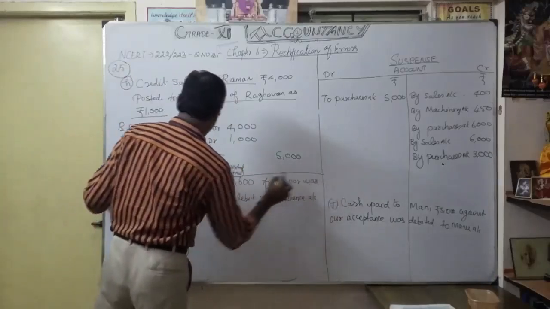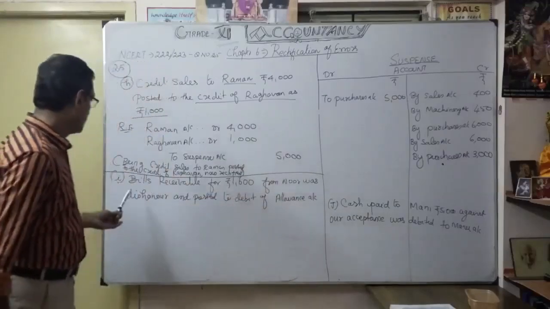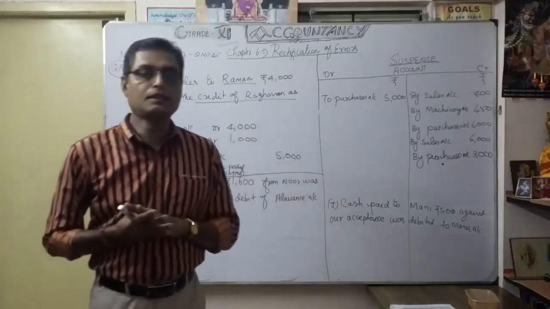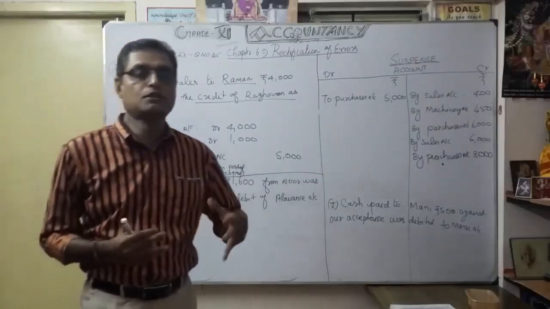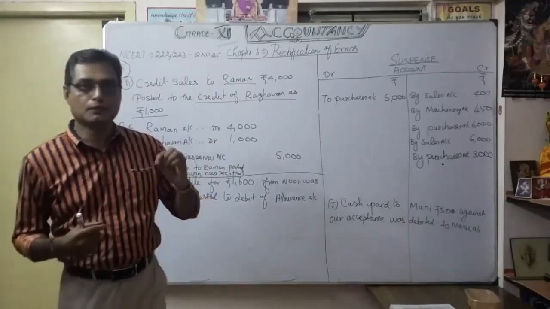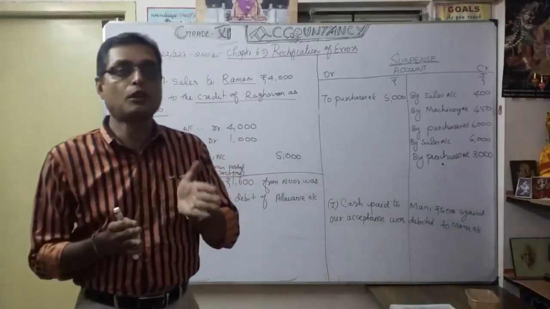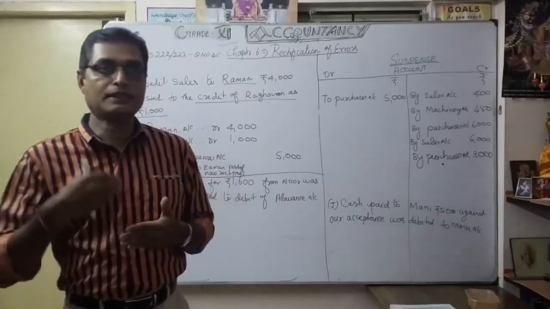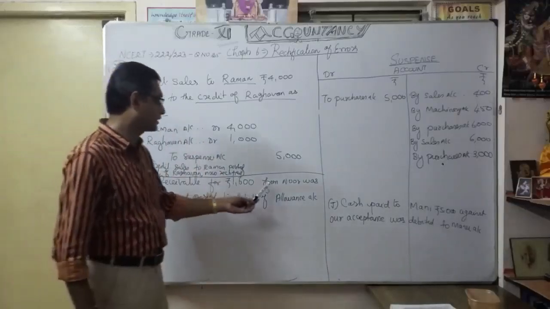What is that? Here, see, bills receivable for 1,600 from Noor was dishonored and posted to the debit of allowance account. So it is coming under error of principle. As you know the bills receivable, you already know the terms. Instead of money, the debtor will give a promissory note, promising to pay after some period of time. When you understand accounting terms, you have to know what bills receivable is. So instead of money, they gave some promissory note. That's the bills receivable for 1,600 from Noor.